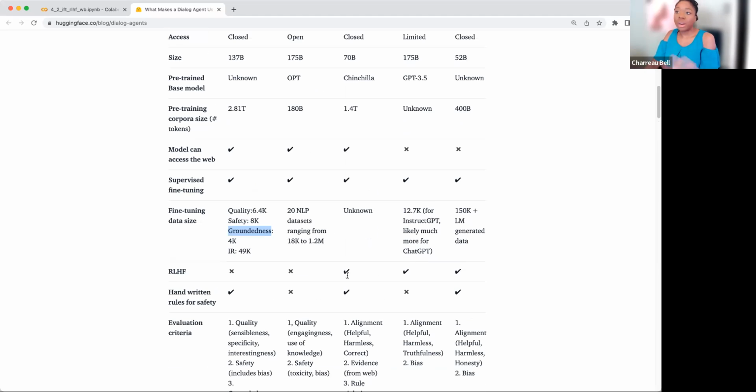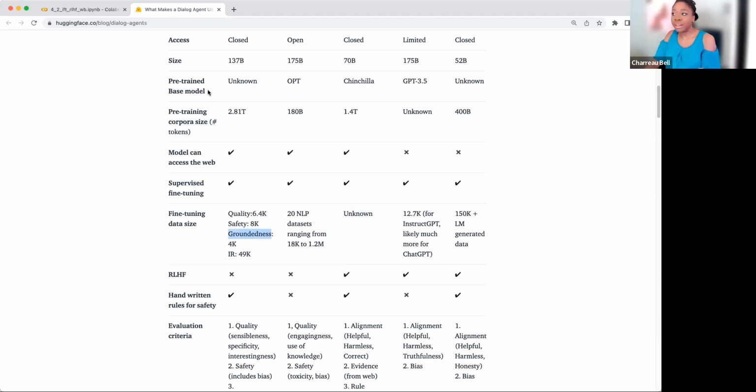Okay, so where are we? We said we need to do some pre-training for sure. Otherwise, we're not going to have a language model at all. It probably has to be really big. So if we're training it from scratch, this is the size data that we need. Then we need to be doing some supervised fine-tuning, whatever that means.